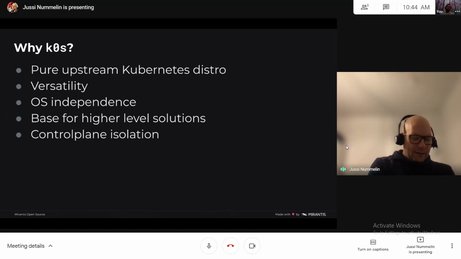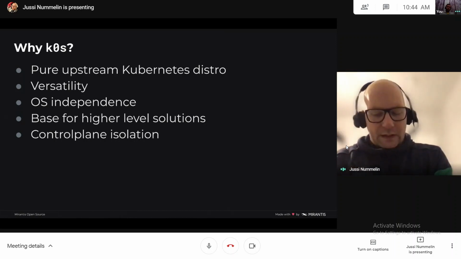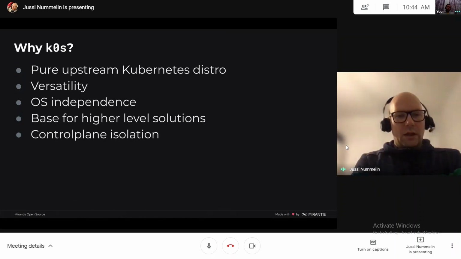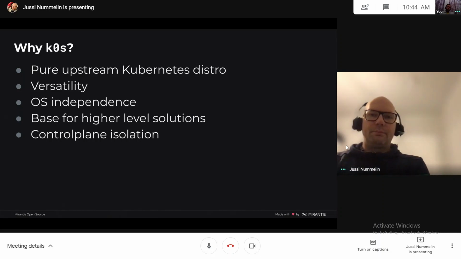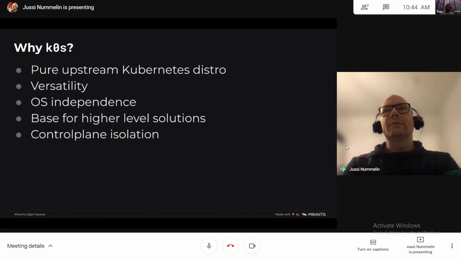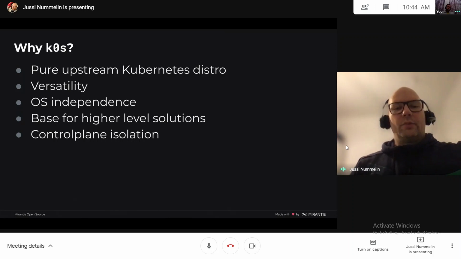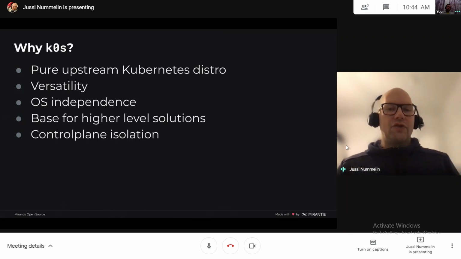In my past, I've been working with projects that provide packages for different operating systems like RPMs and DEBs and whatnot, and from that experience, I don't really want to do that anymore. Hence we settled for the single package, single binary packaging for K0s.